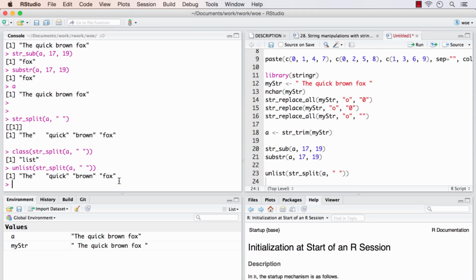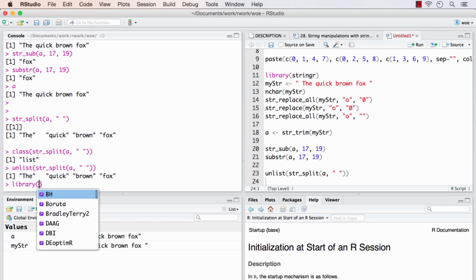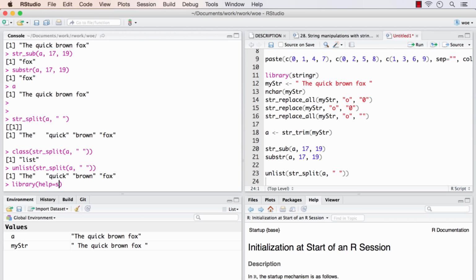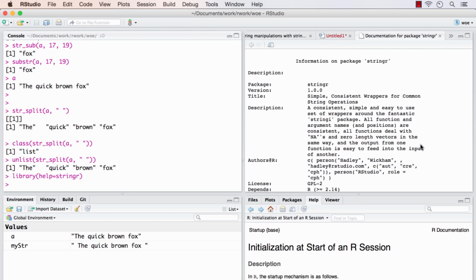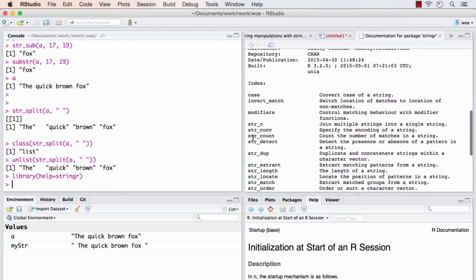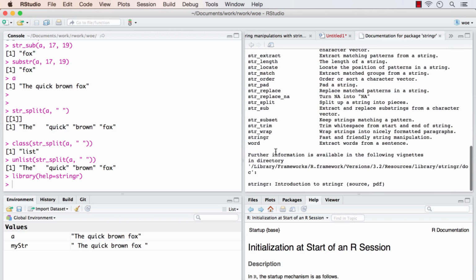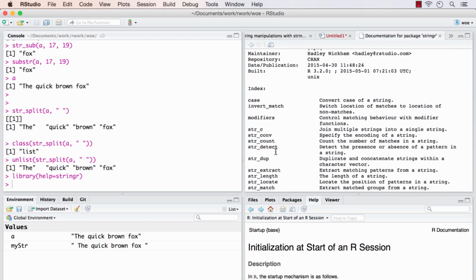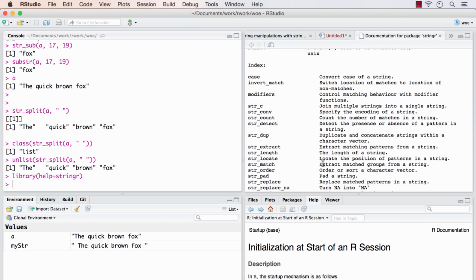Alright, there are actually so many functions within the stringr package. You can view all of those using this command. If I do this, a new window opens up and that shows all the functions. Str_count counts the number of matches in a string. So many functions are there, pretty much you will find all the string operations that you need to do. Some form of function will be present in this one. So feel free to work out some of these functions. In the next one, we are going to do some practice exercises based on what we have learned in this video.